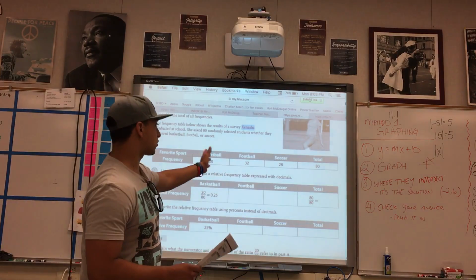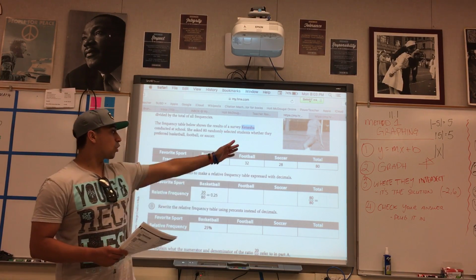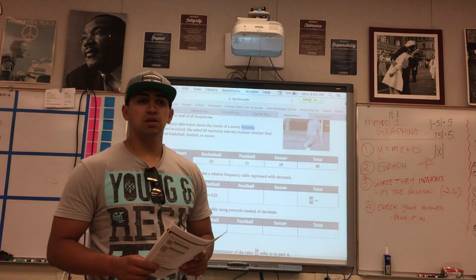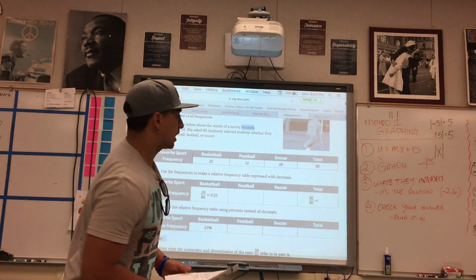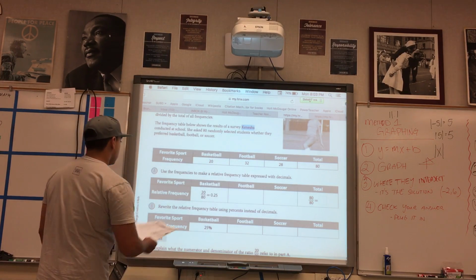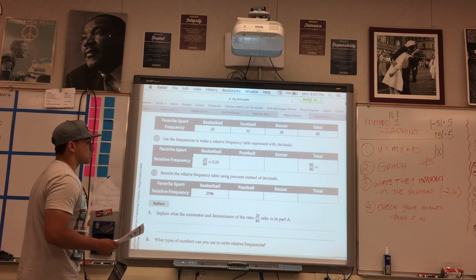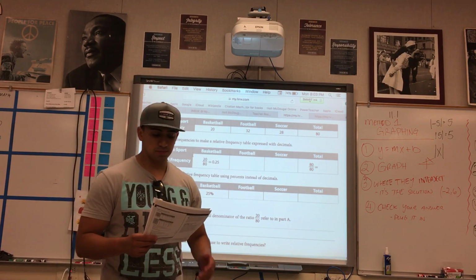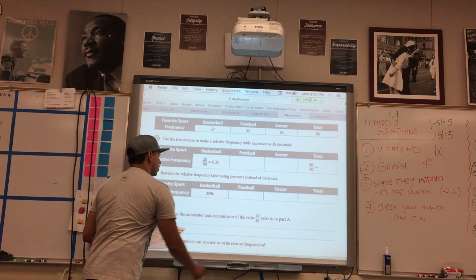So she has them listed in 3 different categories, the frequency being each number, and the total, which is the last category, and that's 80. Okay, so the total of all the students is 80. Now, part A says, use the frequencies to make a relative frequency table expressed with decimals. Okay, so what you're going to do is you're going to divide